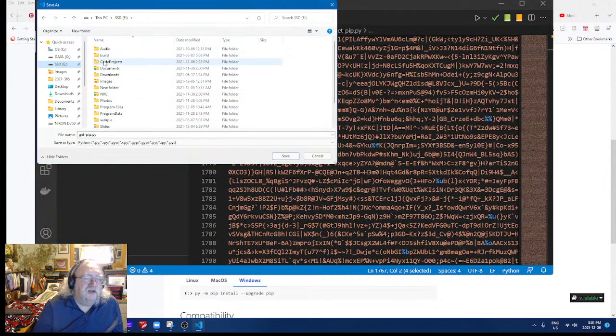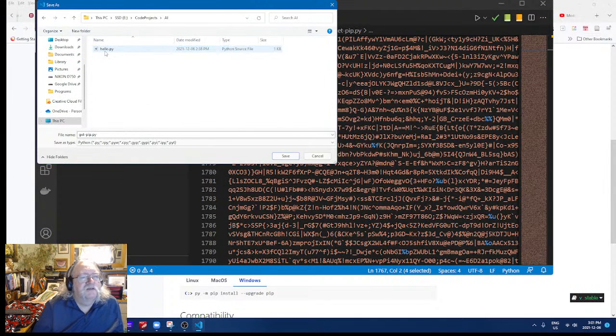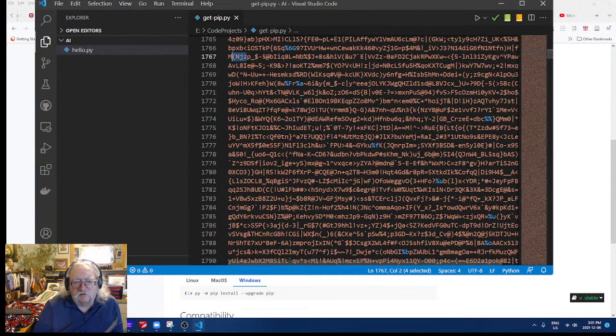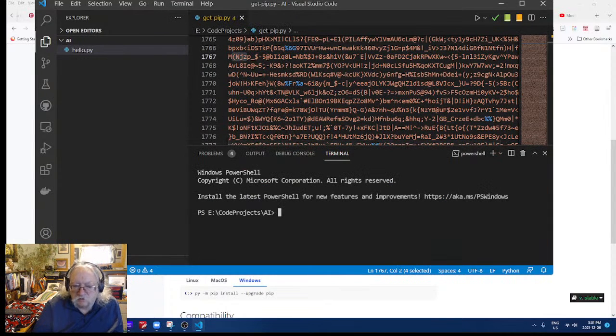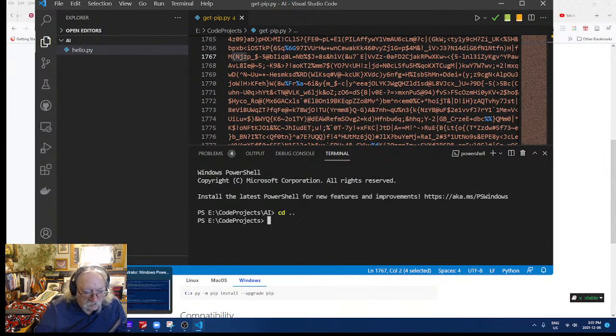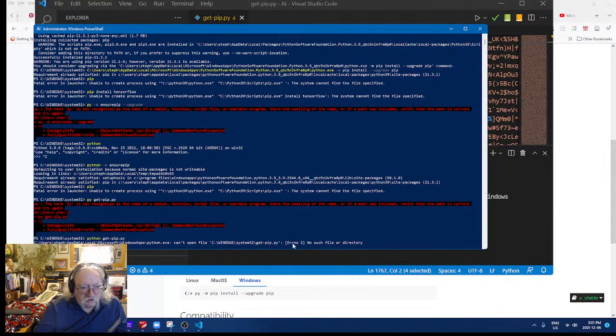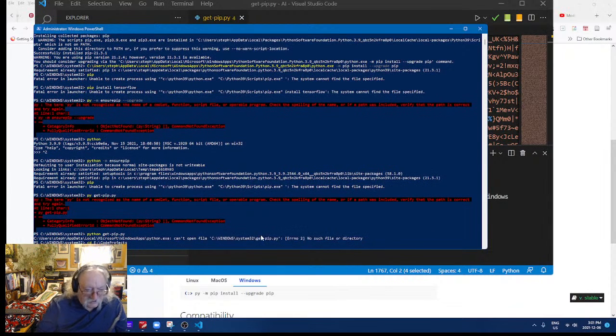Still haven't done anything on AI yet. Let's just leave it up here. Save. Now, terminal. New terminal. All right. Let's go to E code project. LS.